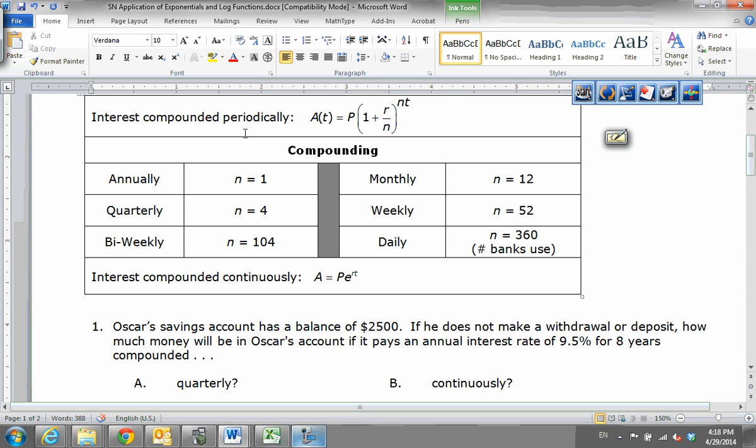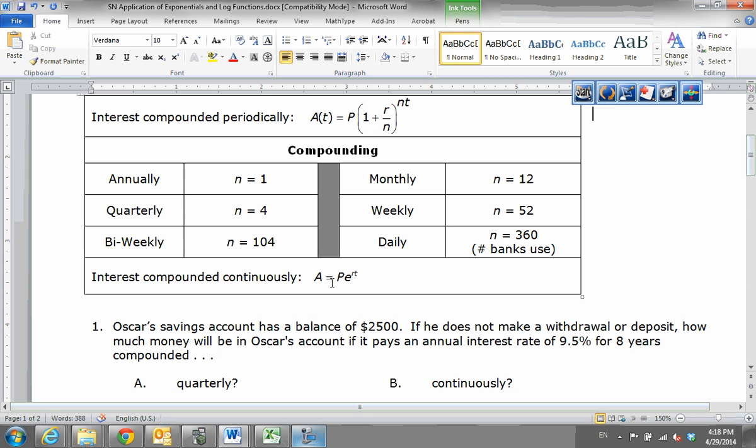All right, boys and girls, today we're going to be talking about more log functions and exponential functions. Today is kind of the first application day. We're going to be talking about money, essentially. We're going to be taking this formula right here and comparing it with the formula that we already talked about